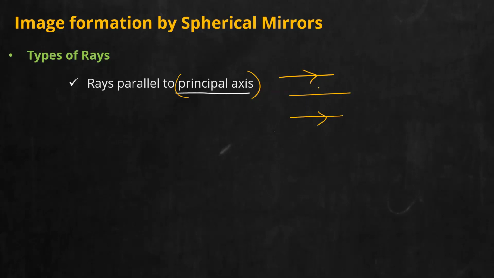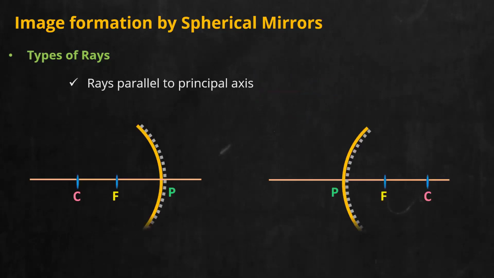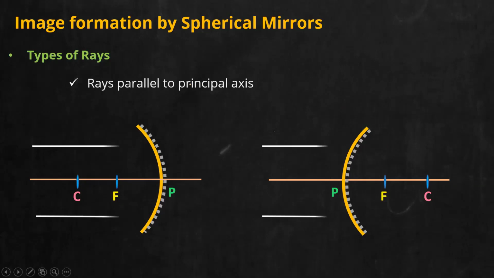Now we have to consider a concave and convex mirror. Alina, I've named them A and B. Tell me which is a concave mirror. A. Yeah, A is a concave mirror. So I have kept a concave mirror on the left side and convex mirror on the right side. Fine. So a ray parallel to principal axis means you have to draw a ray in this fashion. And whenever you draw a ray, immediately you have to mark the arrow. Arrow signifies the direction of the ray. So both the rays strike the reflecting surface of the corresponding mirrors.